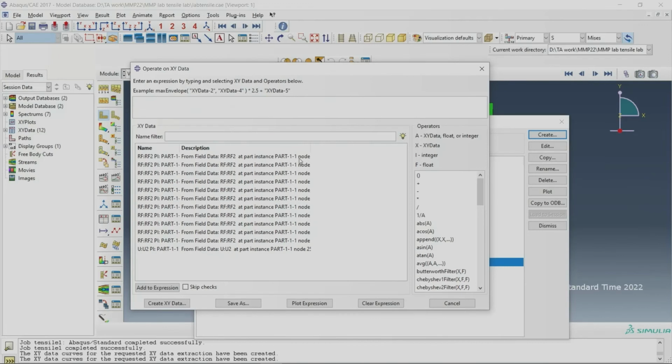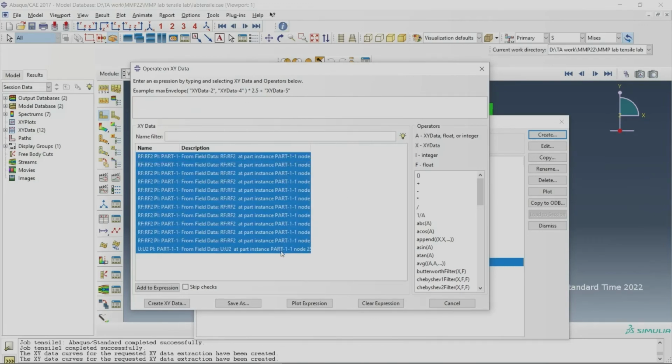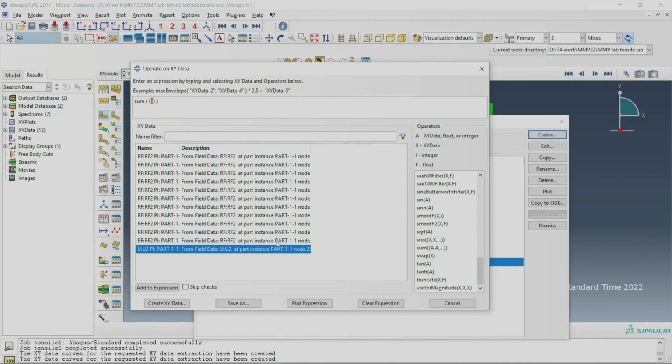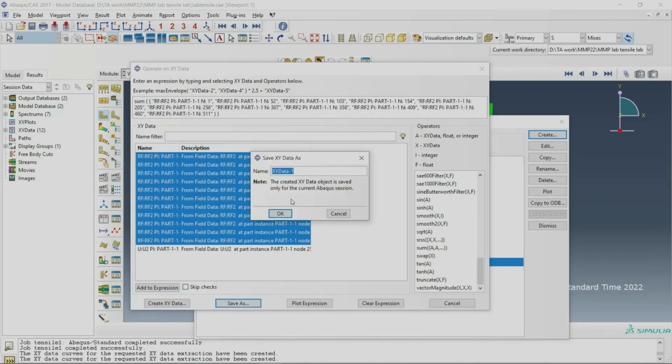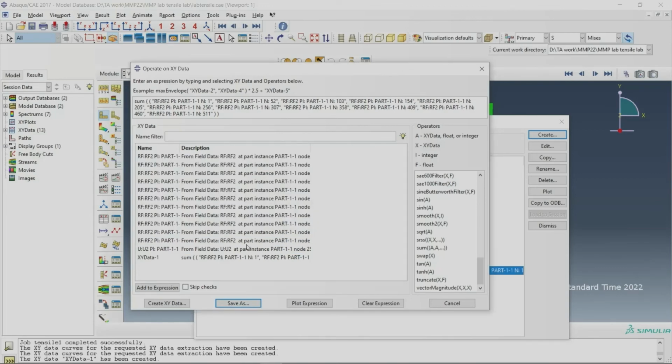It is only a calculation section here. You can calculate. So first go to sum only. This is RF2, meaning reaction forces. Add the expression here and then save as